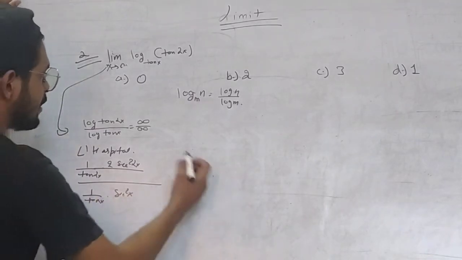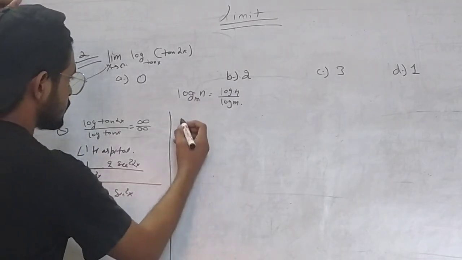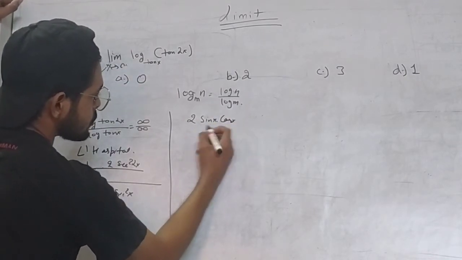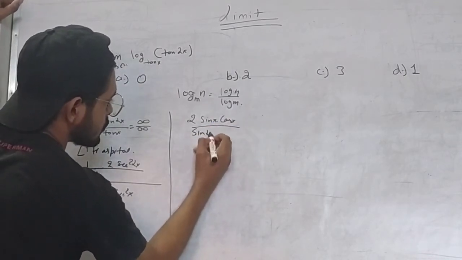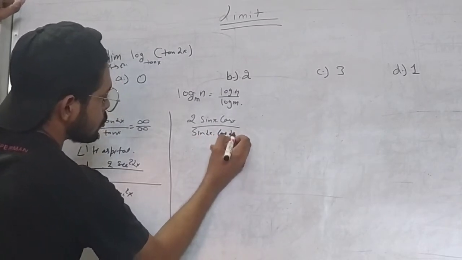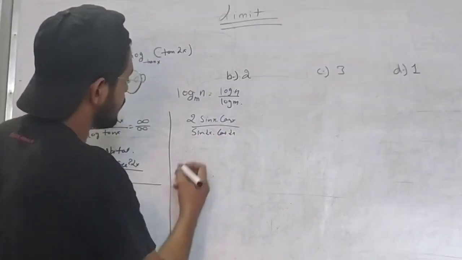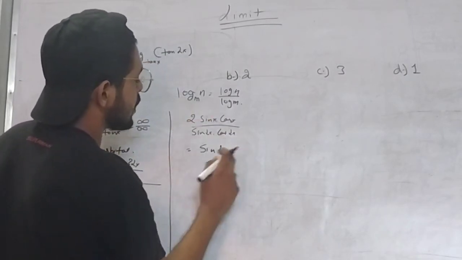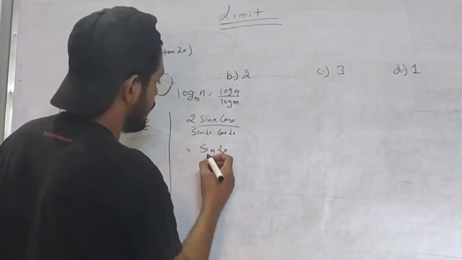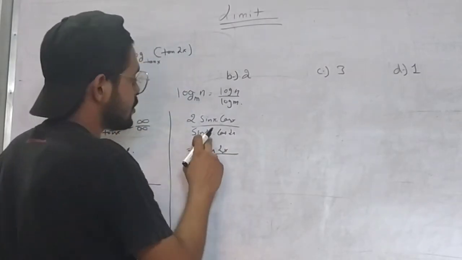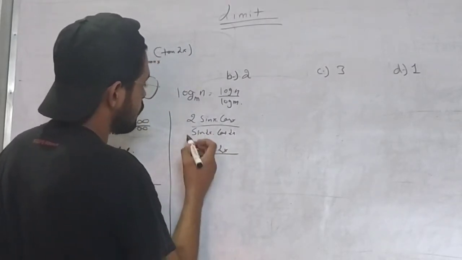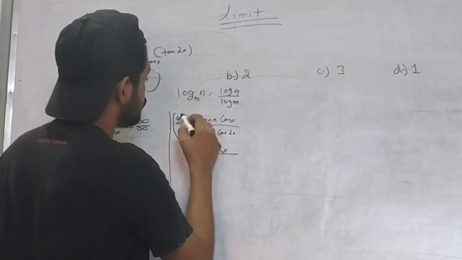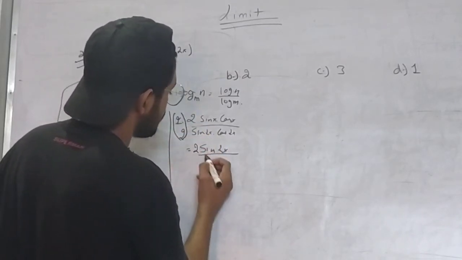So it can be written like this: 2 sin x cos x upon sin 2x cos 2x. Sin 2x is 2 sin x cos x, and if we multiply both sides by 2, then it can be written like